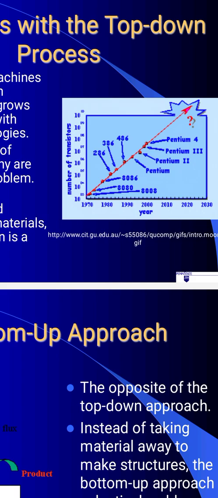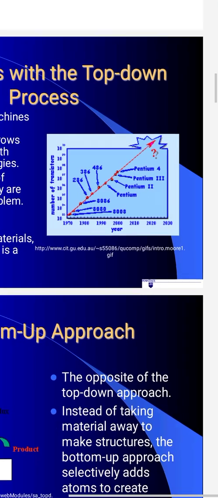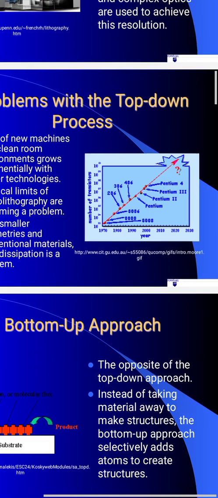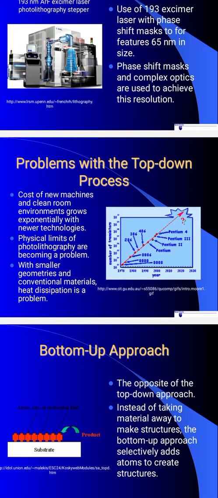After some point, you cannot make it any smaller, isn't it? Because we cannot divide an atom anymore. We can make it smallest up to one atom only. So there is a limit there. That's why it shows a question mark at the top. There will always be a limit on how many transistors we can include in a 1 by 1 centimeter square area. You cannot make a transistor below the size of an atom. That is the upper limit.